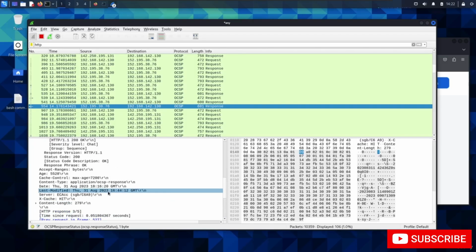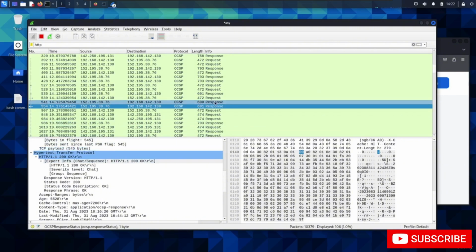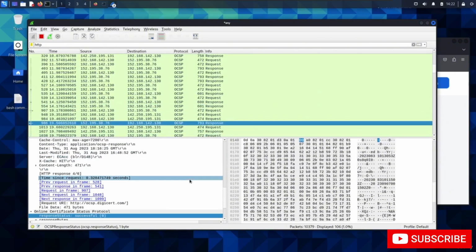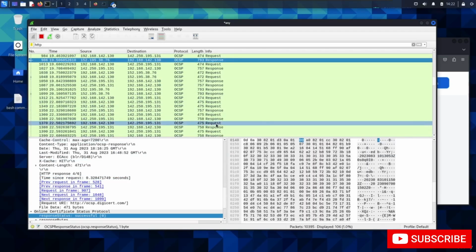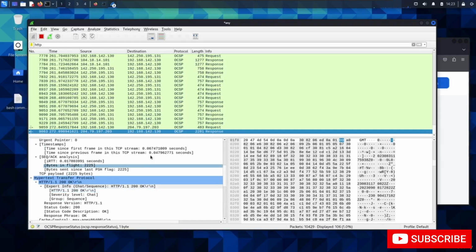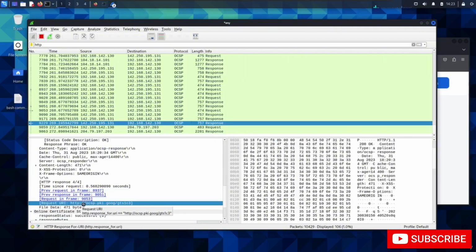Okay, so basically I've got many things: HTTP character set, hypertext transfer protocol, TCP payload 545 bytes, and again here the URI which I got here. Let's check at the last what response I got. So ocsp.microsoft.com gave this response, and at last you can see that by measuring the responses and URIs here,